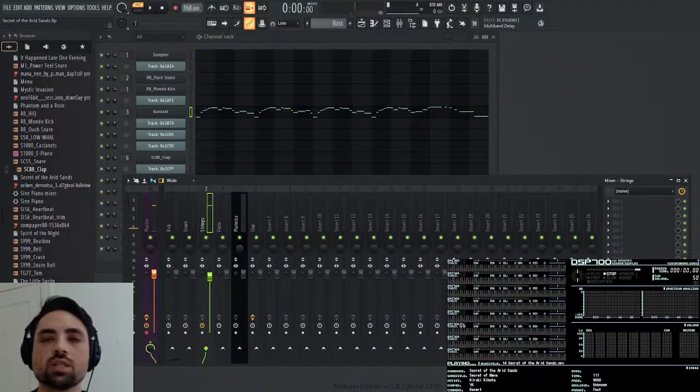All right, that's nice. So I think there might be more of a pluck to it. Yeah, it's got kind of a pick bass thing going.